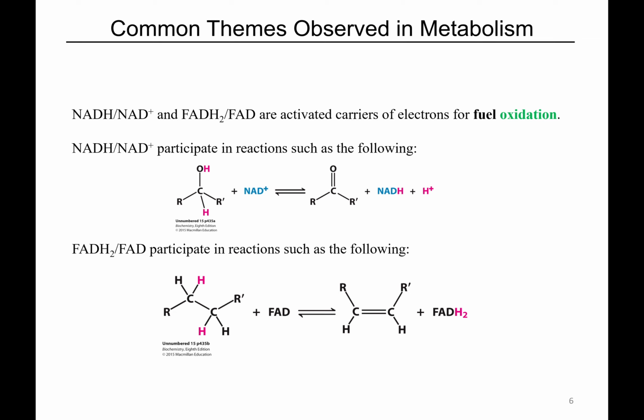So here we're going to see, really briefly, some of these reactions that we've seen before. We spent the better part of 2 weeks talking about some of these reactions. Here we're just going to summarize them. In situations where you want to oxidize an alcohol to a ketone, that's an oxidation reaction, so we need to use one of our activated electron carriers. That could be either nicotinamide or flavin.